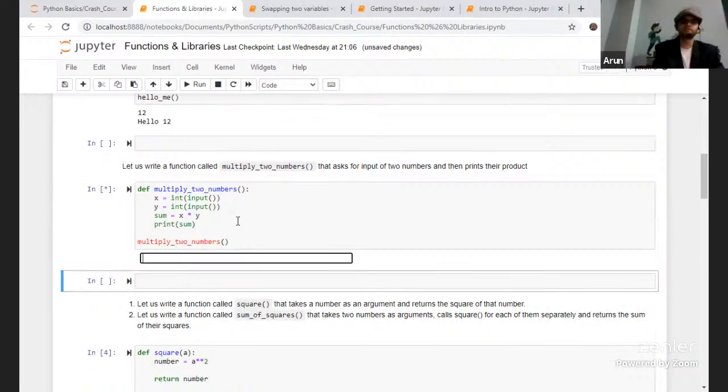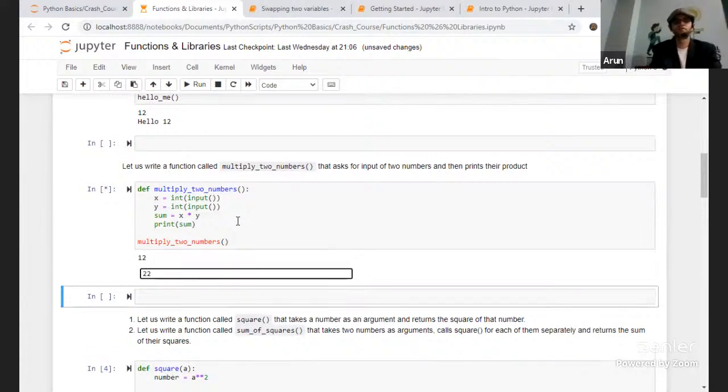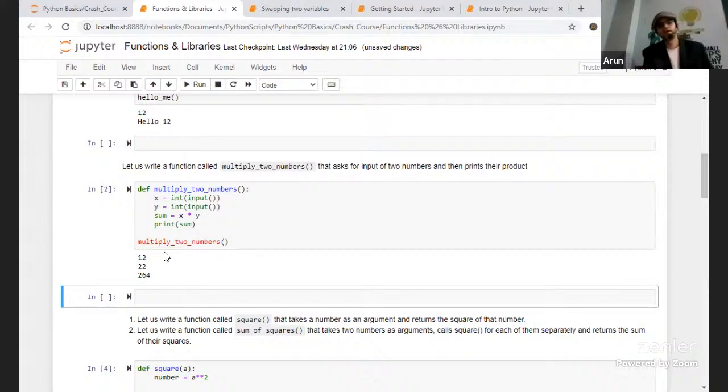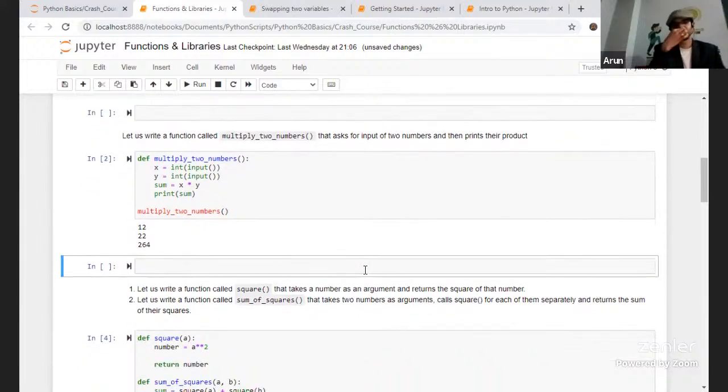It will first get the values and then print the result, 12 times 22, which is 264. This is the advantage of Python, because you can use the same code in multiple places and still ensure that the same multiplication is carried out throughout.